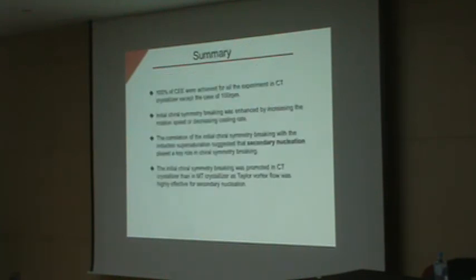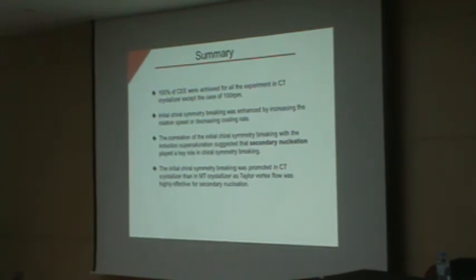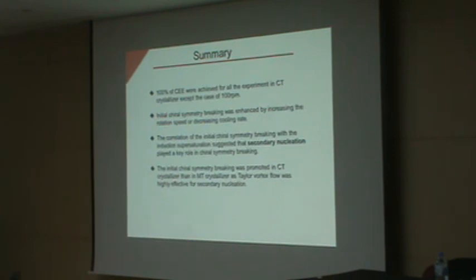To summarize, 100% CE was achieved for all the experiments in CT except at 100 rpm, and the initial chiral symmetry breaking was enhanced by increasing rotation speed and decreasing cooling rate. The relations of initial chiral symmetry breaking with the induction supersaturation suggest that secondary nucleation played a key role in chiral symmetry breaking. And the initial chiral symmetry breaking was stronger in the CT crystallizer than in the MT crystallizer, as the Taylor vortex flow was much more effective for